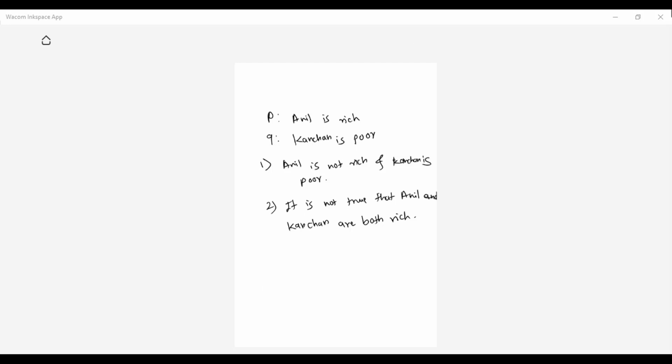Okay, let us see this. Here what they have given is: it is not true that. Not true means obviously I'm going to have negation, and after that they have also used and, so I will use parenthesis. So negation: it is not true that Anil and Kanchan are both rich. Anil is rich, so P I will write as it is.